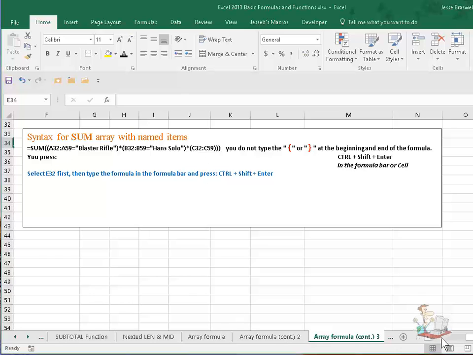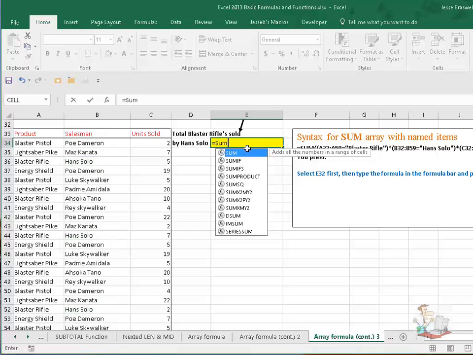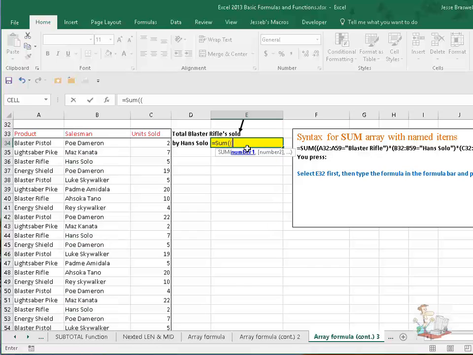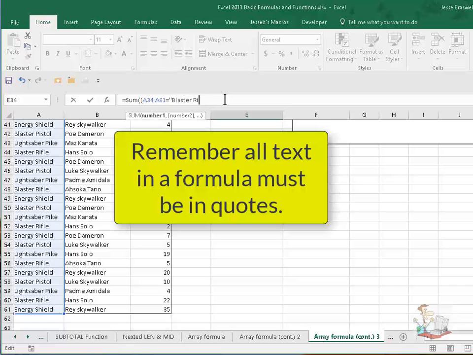So I'm going to slide over a little bit so you can see our breakdown over here, and we're going to build our formula. So it is equals sum, because we want to do a sum, but notice the double parentheses here because we're going to break this down into three parts. So the first part needs to be in parentheses. So that's going to be, and we'll select A34 down to A61. So that's our first, and we put in our equal here because we want to find our blaster rifle